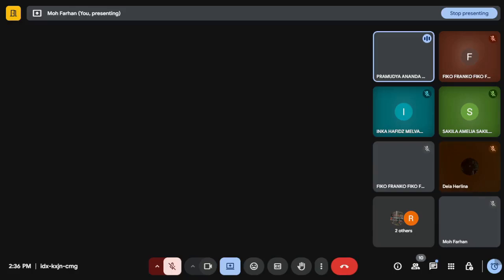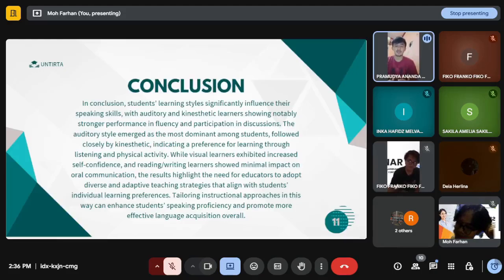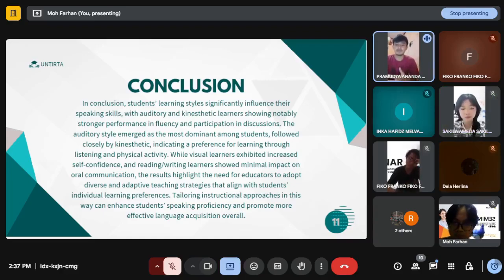So for the conclusion, student learning style significantly influences their speaking skill, with auditory and kinesthetic learning styles showing notably stronger performance in fluency and participation in discussion. The auditory learning style emerged as the most dominant among students, followed closely by the kinesthetic learning style, indicating a preference for learning through listening and physical activity, while visual learners exhibit increased self-confidence, and reading-writing learners show minimal impact